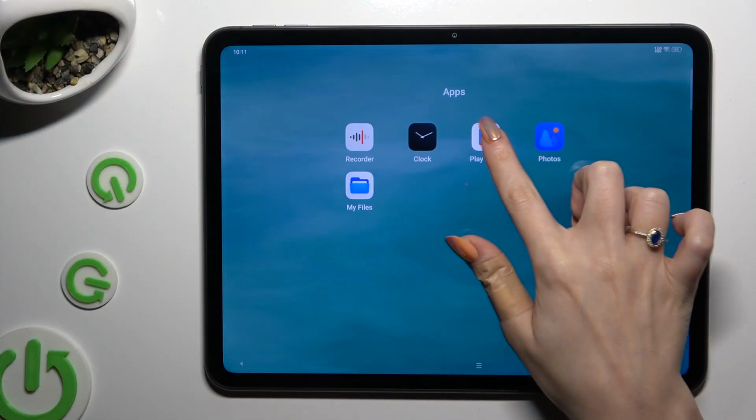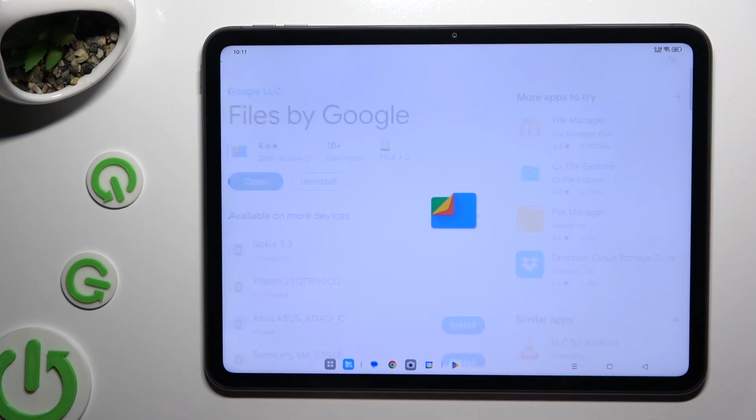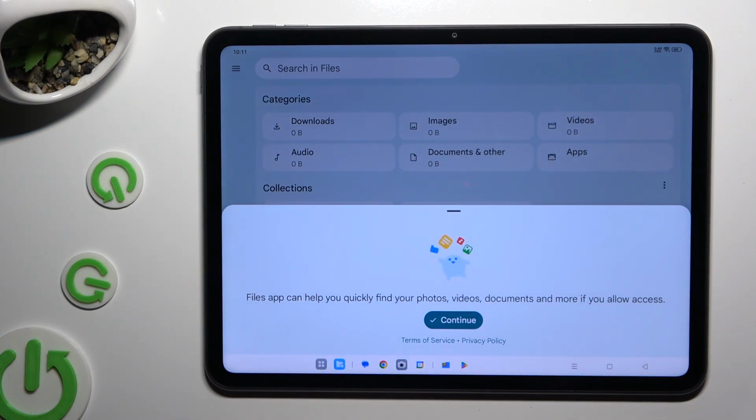Begin by opening Play Store and installing free app called Files by Google from Google Developer. When it's ready, open it. Then to use it, you need to set it up. In order to do that, select Continue in the pop-up,